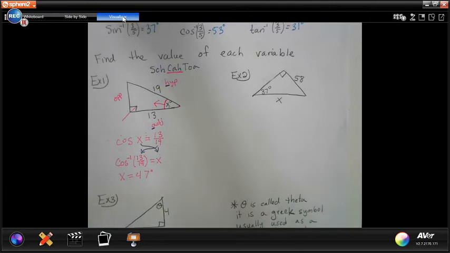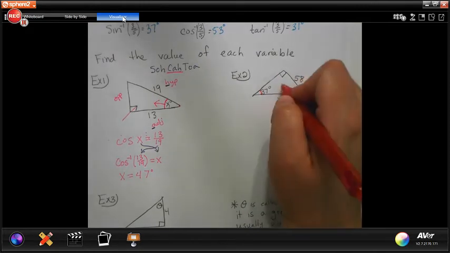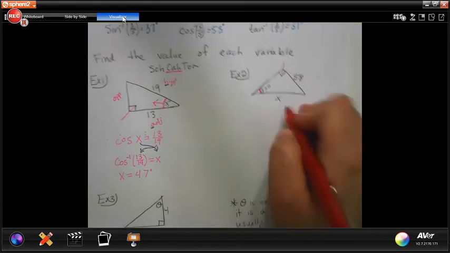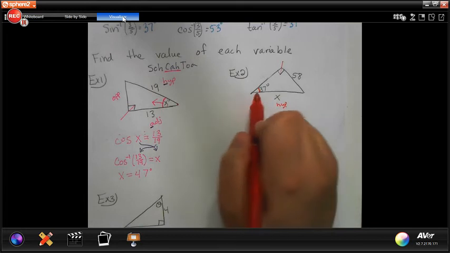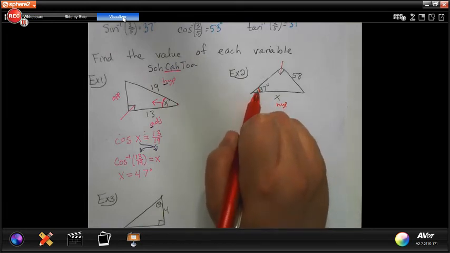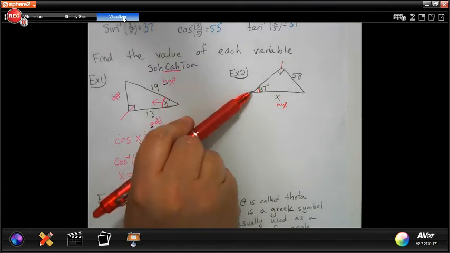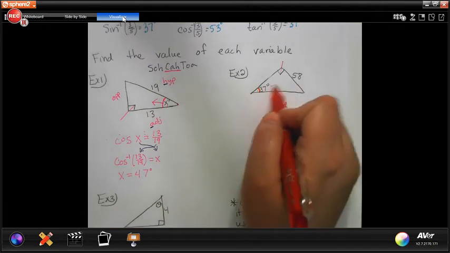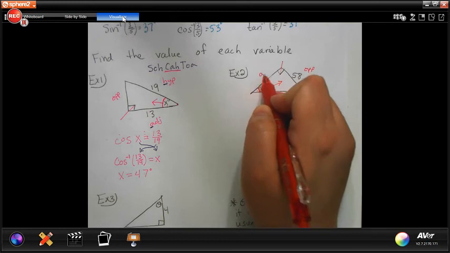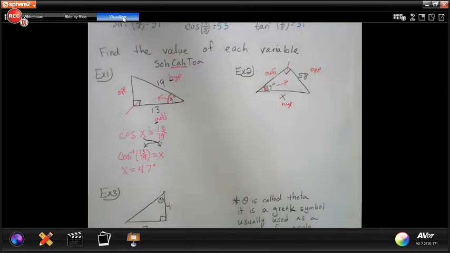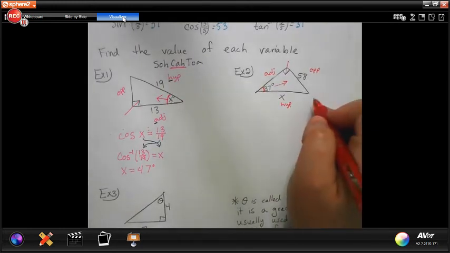As you can see, we have a degree here. Our viewpoint is right here. That's our viewpoint. So we start by labeling. The right angle always points to the hypotenuse. That's always the one I do first. And then we have this 37 degree angle as our viewpoint. So if we're standing here at 37, remember across the street is opposite, and then the other side is adjacent. So for doing our SOHCAHTOA,